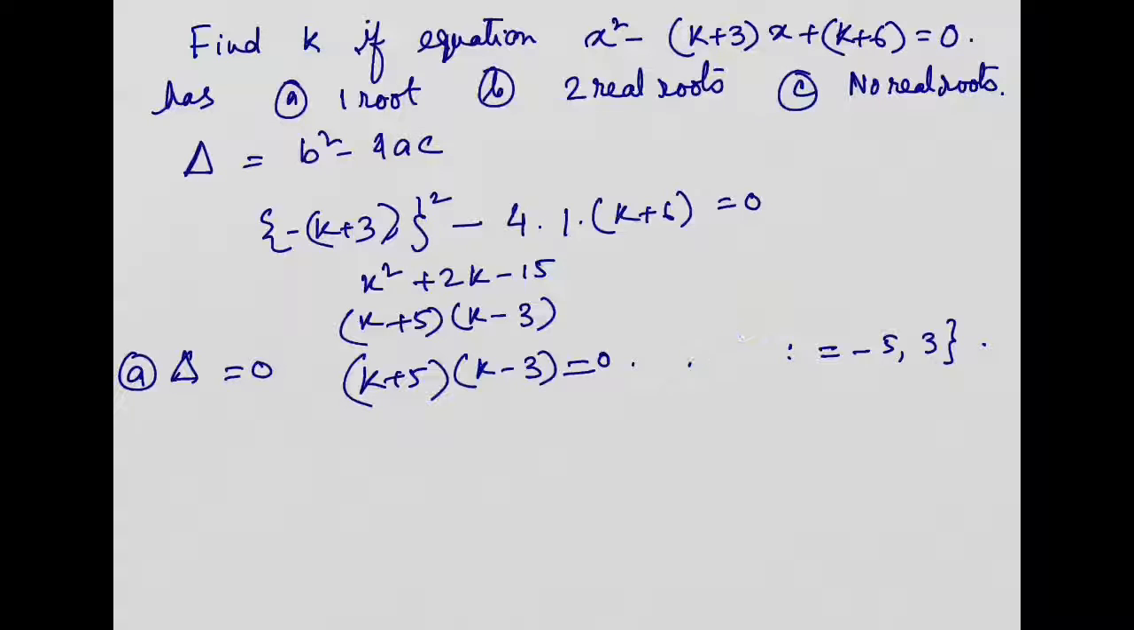Or this thing, sorry, that k. Now, for b, for two real roots, this expression, k plus 5 into k minus 3, should be greater than 0. Now, for that there will be two solutions: either k is greater than 3 or k would be less